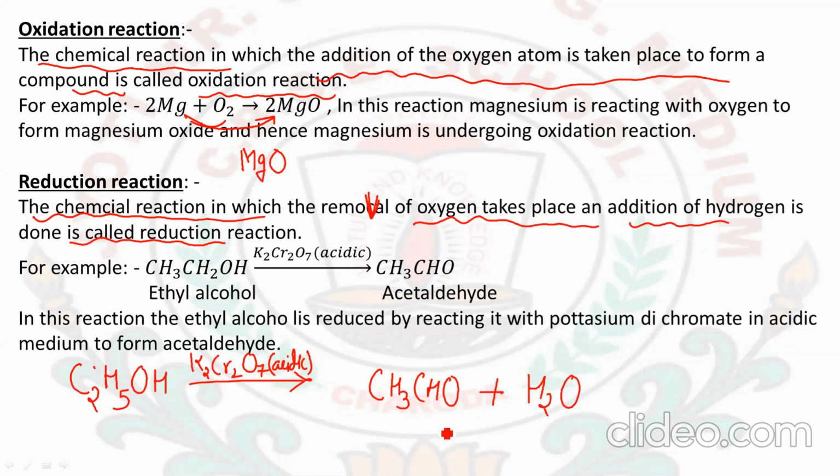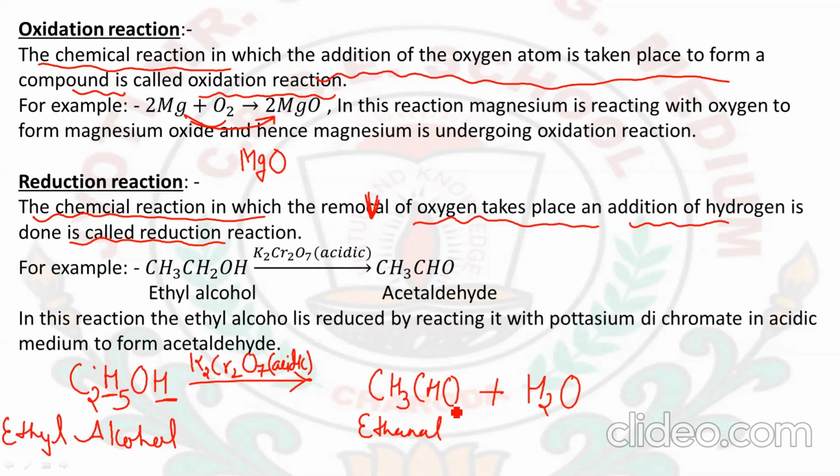Here water will be released, and due to this you will see that an aldehyde is formed here. This is known as ethanal. So this is an aldehyde, and here it was alcohol, ethyl alcohol. So here you can see that 2 hydrogens have been removed. Sorry, not oxygen, only hydrogen is being removed. So this type of reaction is also known as reduction reaction, because what happened here is that we have removed the